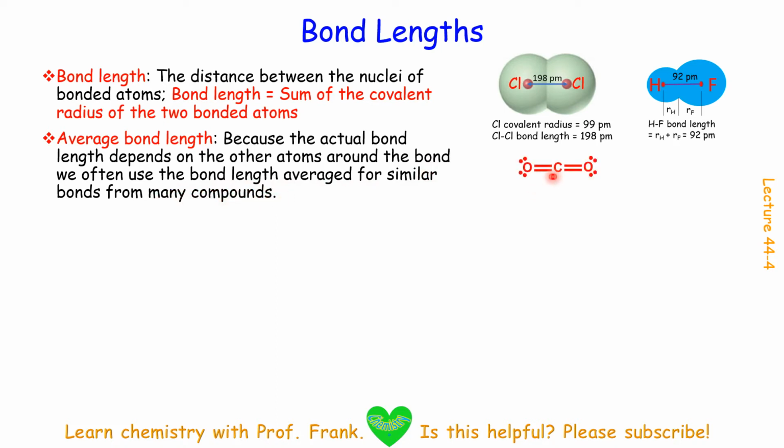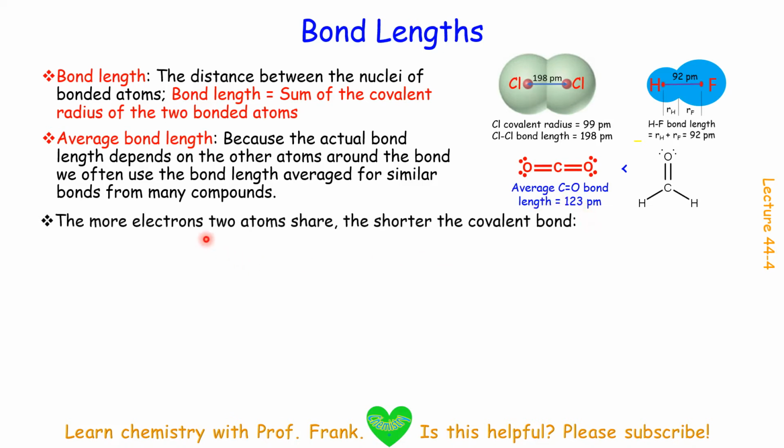For example, the CO double bond length in carbon dioxide is shorter than the CO double bond in formaldehyde. Therefore, we use the average CO double bond length of 123 picometers. The more electrons 2 atoms share, the shorter the covalent bond. Again, we use the carbon-carbon single, double, triple bonds to show this effect. In carbon-carbon triple bond, 6 electrons are shared,